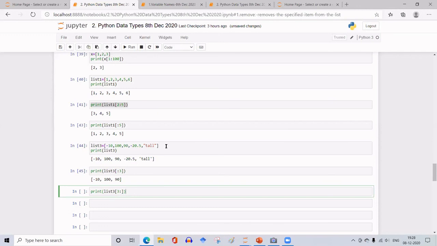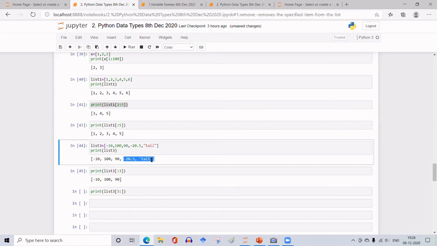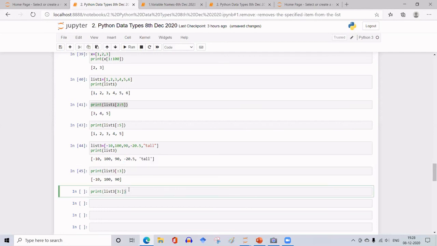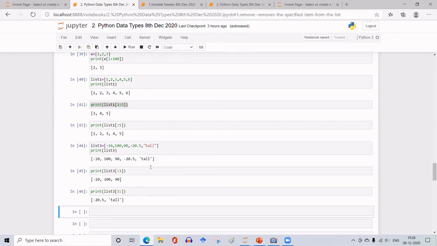What is the item at index 3? 0, 1, 2, 3. That is -25. And the remaining, even if the list is big, I want to pick up to the end. So if I execute that, I'll get -20.5 and the last item.